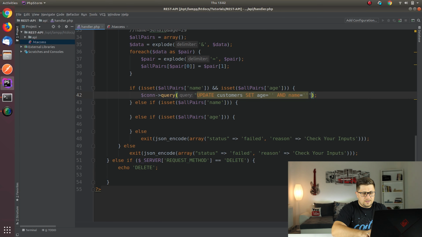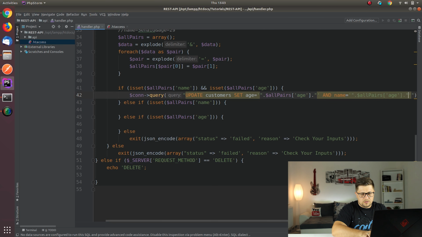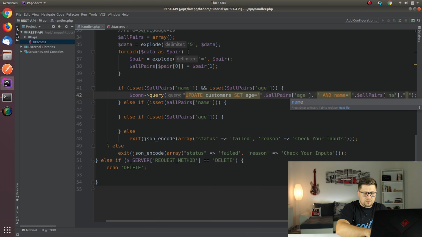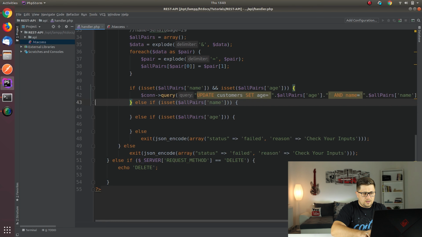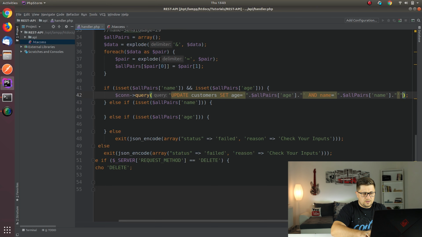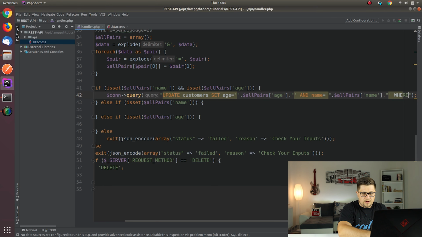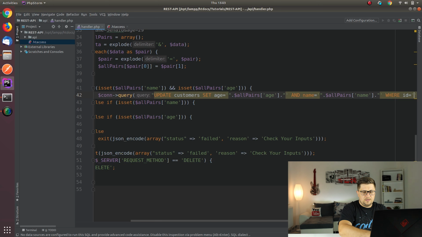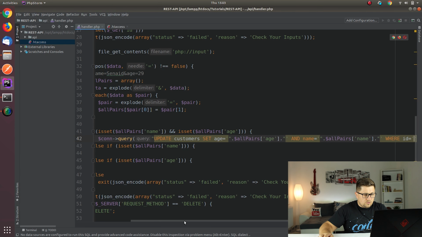Okay, and then here we will need to insert, so I will say here all pairs age, then I will just copy this. Okay, name, and then we will say where ID equal our